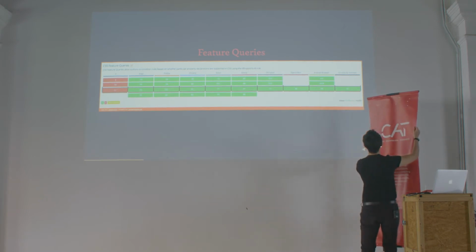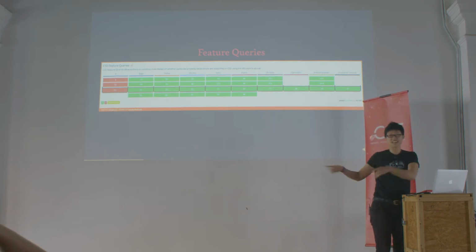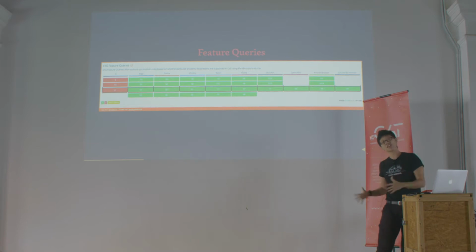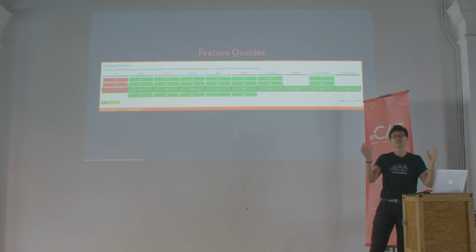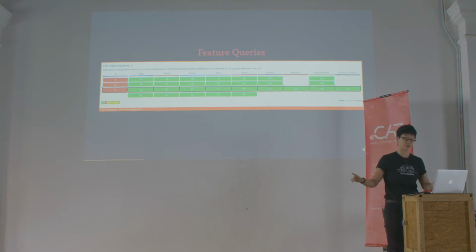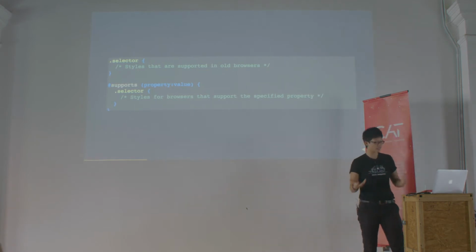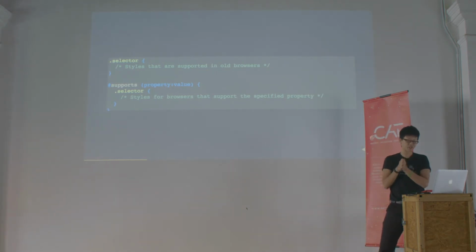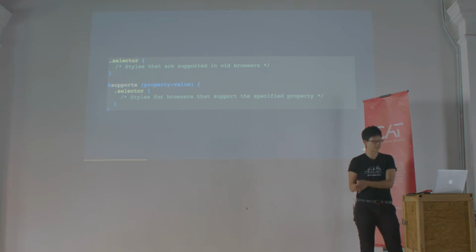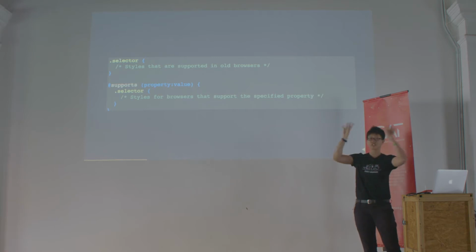So there's coverage in over 90% of browsers, including Opera Mobile. In fact, the only browsers that don't support feature queries are Internet Explorer and BlackBerry Mobile. And this is less of a big deal than you think it might be. This is how a feature query looks. It's a conditional that checks if the browser supports a particular property or not. If it doesn't, the entire block within the @supports rule is just ignored.